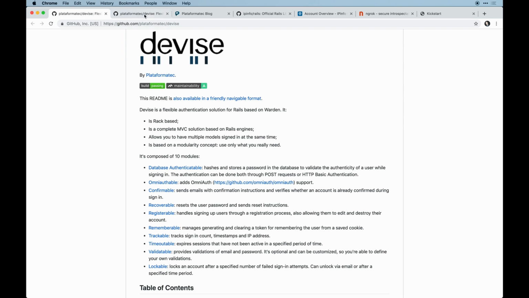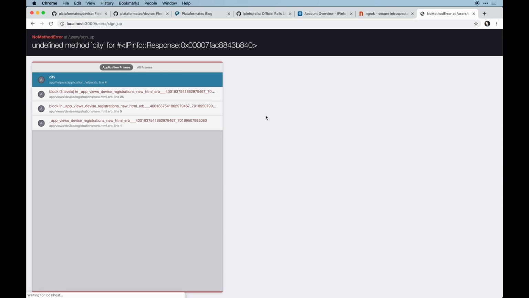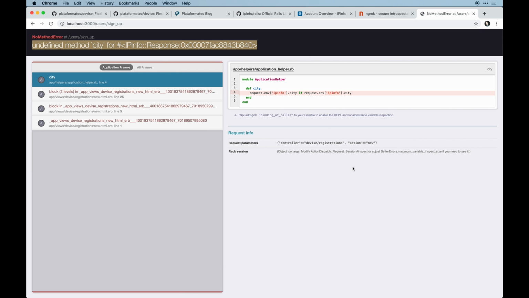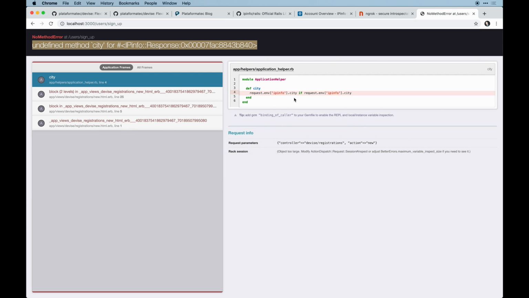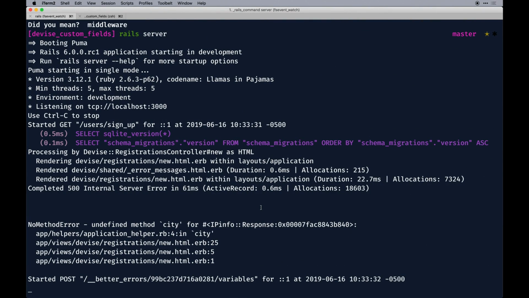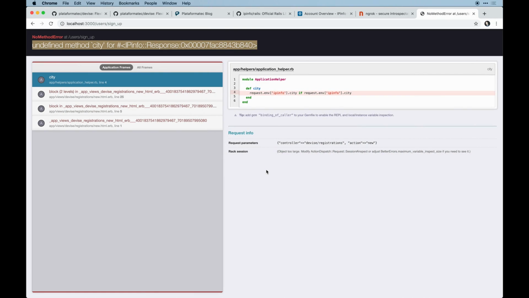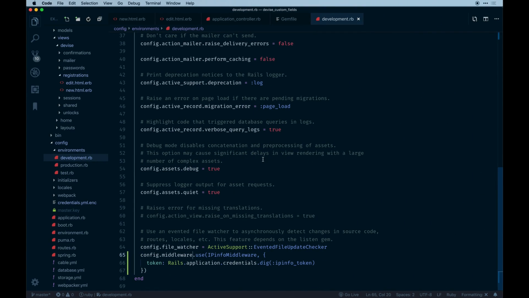So we're booting up, and if we were to go to this page, it's definitely going to error out because there is no city on the localhost. That wouldn't make sense, right? And we're in our local development. There's no method for city, so we're getting an error. You could do some checks to just go ahead and resolve that if it doesn't work. But what we can do is mimic our local environment